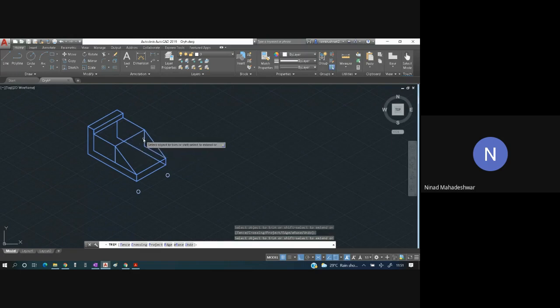These are individual lines, hence these lines should be deleted. So I'll just select this, delete, select this, delete, select this, delete, select this, delete. So the hidden part, I have deleted.